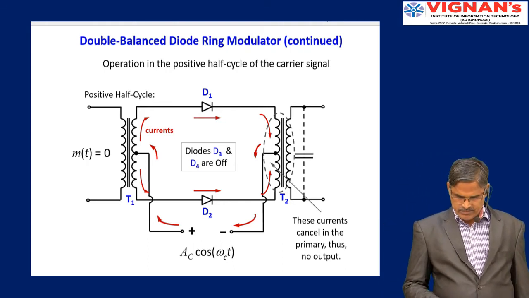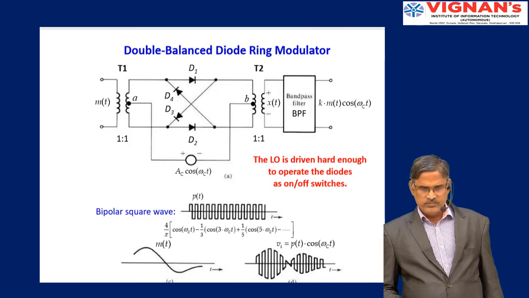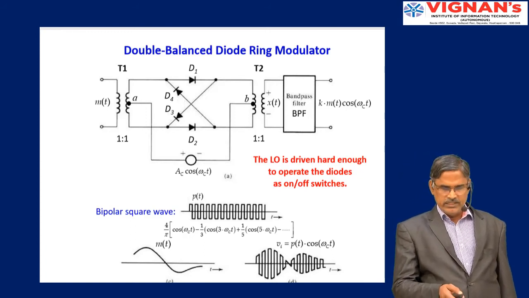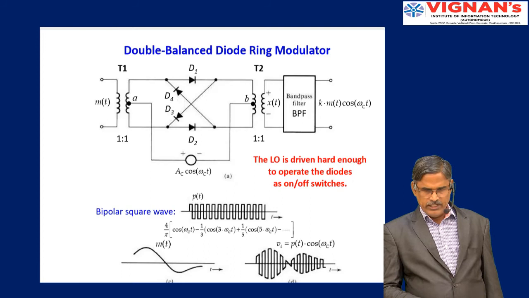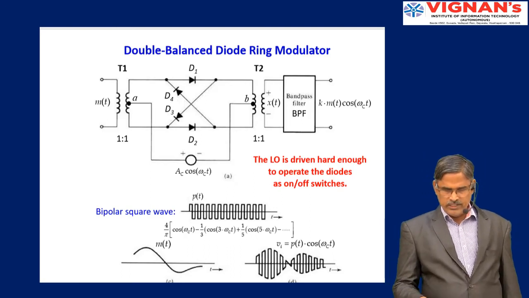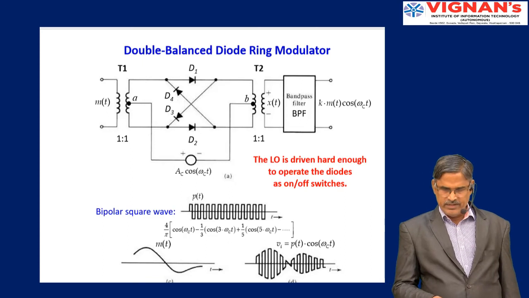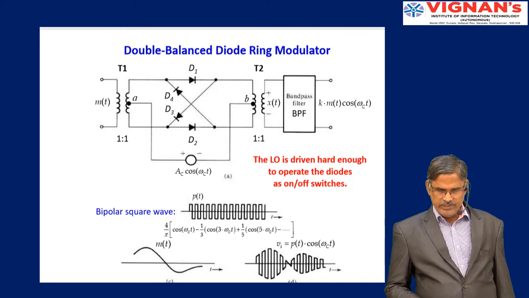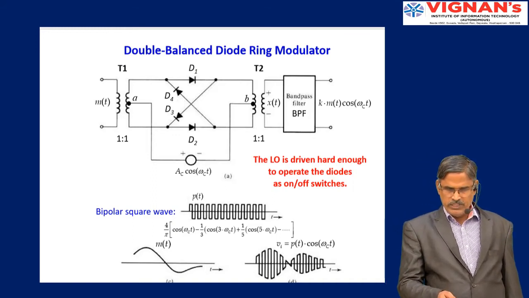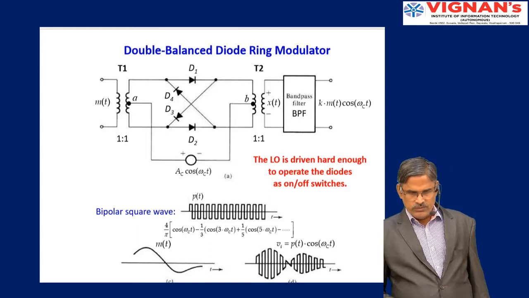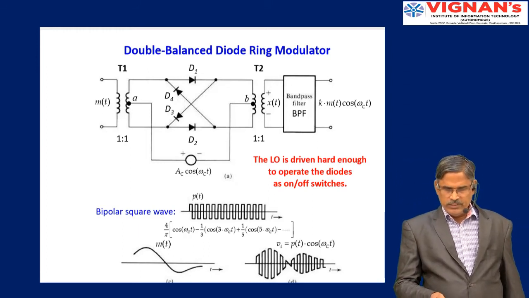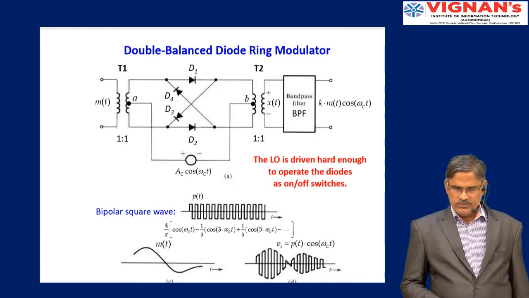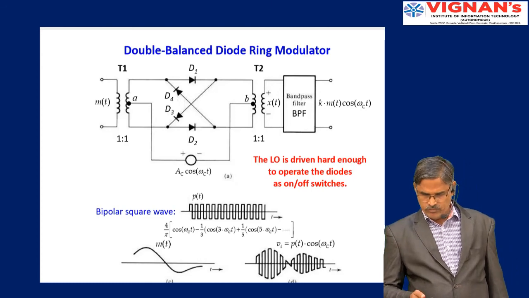So what is this action? This action of the diode on the message signal is equal to multiplying the message signal by the rectangular pulse train. You can see that in the slide, in the bottom row, right hand side. The action of the carrier on the message signal is nothing but multiplication. So you can see the positive pulse, negative pulse, positive pulse. Now since it is a multiplication, you can call the pulse train p(t) and the carrier signal cos omega_c t. So the modulated, multiplied signal is p(t) cos omega_c t.